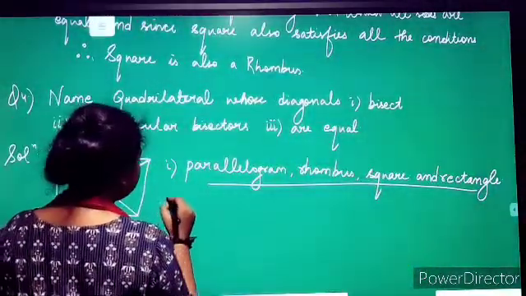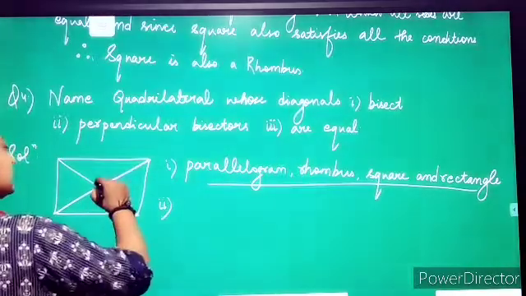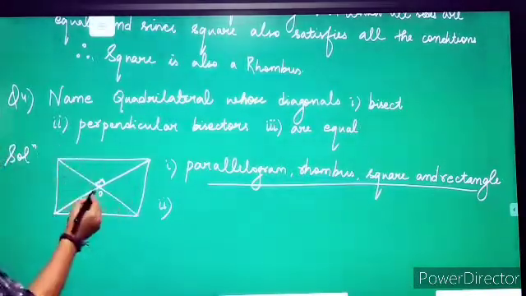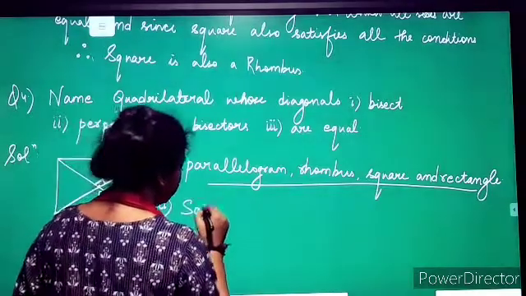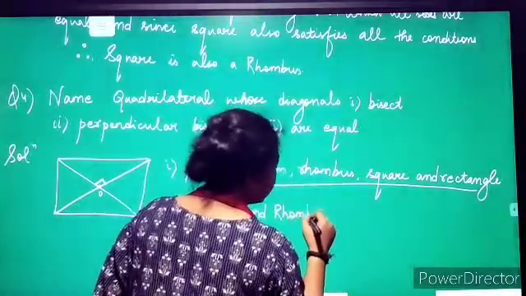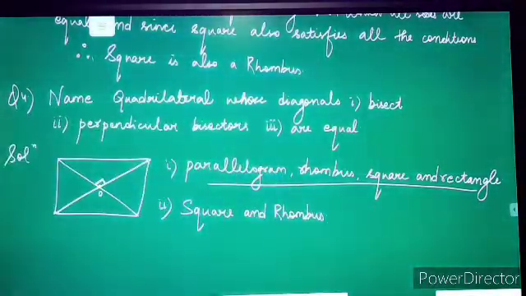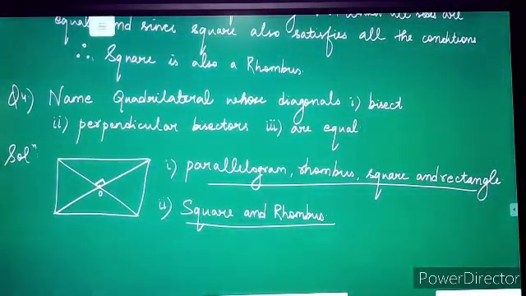In the second part, the diagonals are perpendicular bisectors. When we say perpendicular bisectors, that means the angle formed at the point where the diagonals intersect has to be 90 degrees. As we have studied in the property, the diagonals of square and rhombus meet each other at 90 degrees. Therefore, the answer for the second part has to be square and rhombus. Okay, in square and rhombus, the diagonals bisect each other at 90 degrees, or we can call the diagonals the perpendicular bisectors of each other.